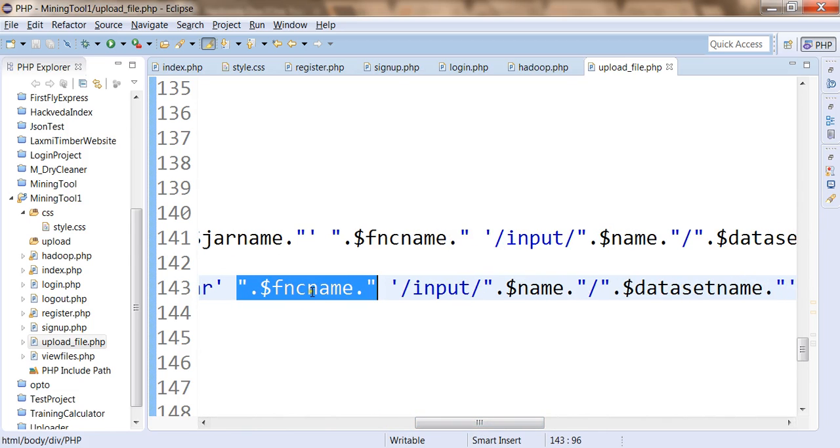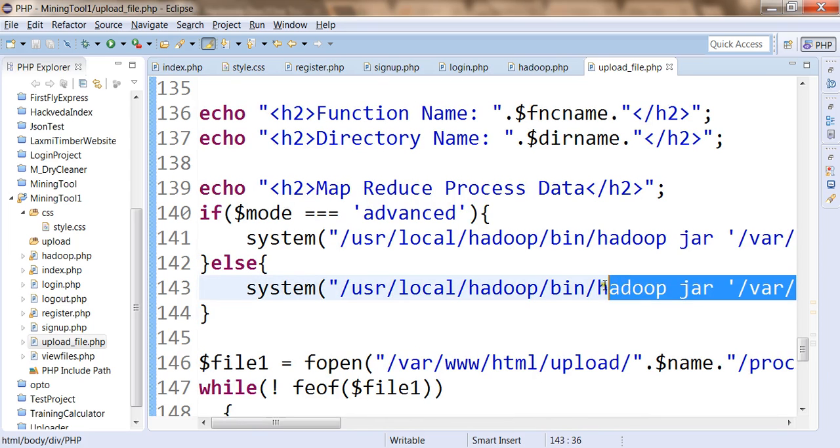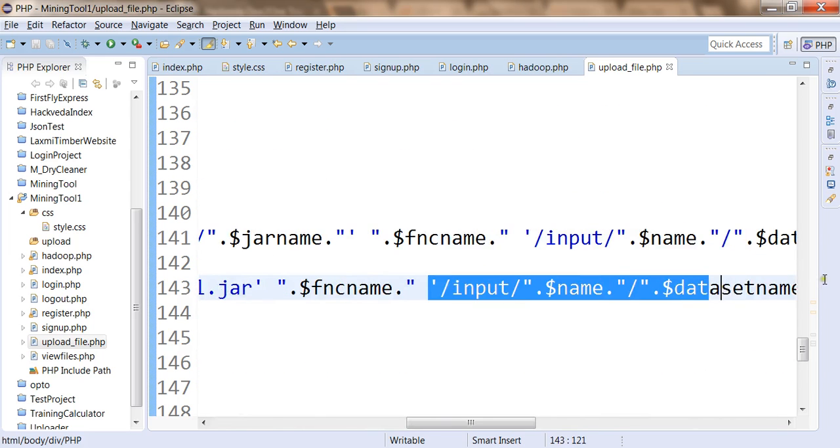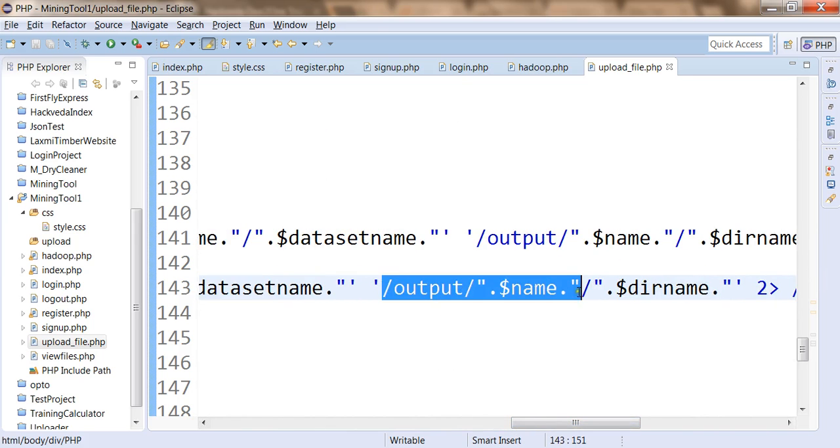the value for this variable is specified above within the mode selection part, and if the mode is equal to our intelligent mode, then the function name will be mining tool.process a priori a. Then we are going to take the input from the input file, and once we are done with the input file, after this input dataset name, after the processing, the values will be stored inside the output directory.